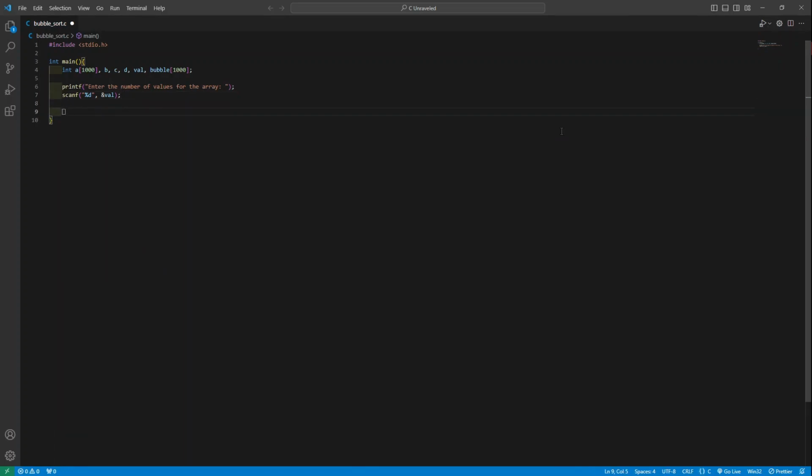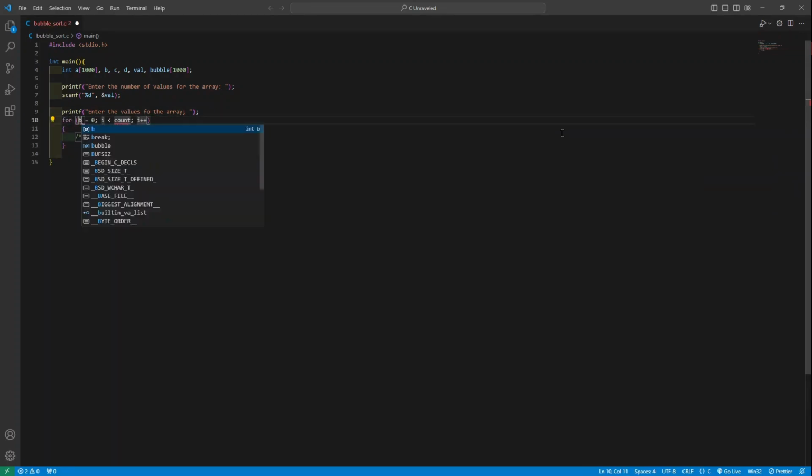Okay, so now we'll make another printf statement: enter the values of the array. And now we have to create a for loop. So b, p, val, b, and